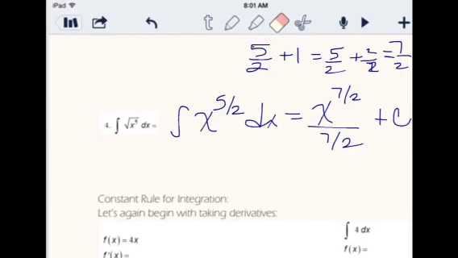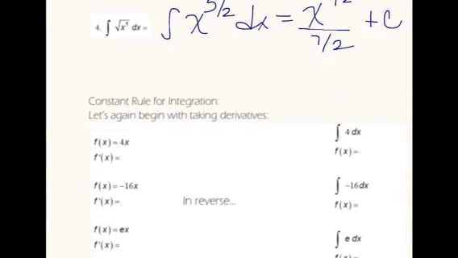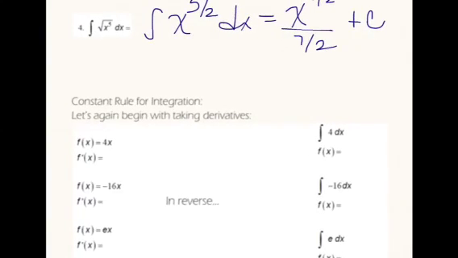Now we'll move on to a new rule. The constant rule for integration. This shouldn't be at all surprising. This should be very much like what we did for derivatives. So I'm going to find a bunch of derivatives first, and then talk about their corresponding antiderivative. So if f of x equals 4x, the derivative is just 4. So therefore, if I work backwards, I start with the derivative. So then the antiderivative of 4 dx would have to be